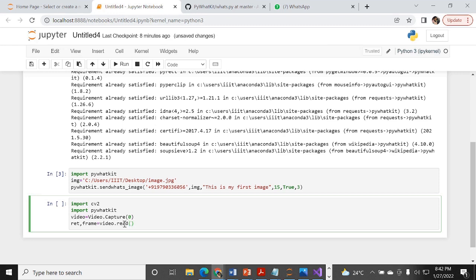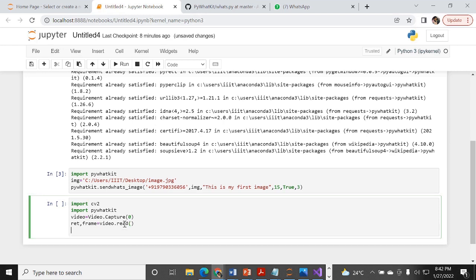I am going to read that video. If read is returning true, then automatically the RET value is true. If it is false, there is some mistake, and video capture is going to give some kind of problem. So for that, you are going to check if